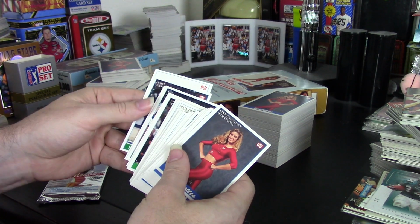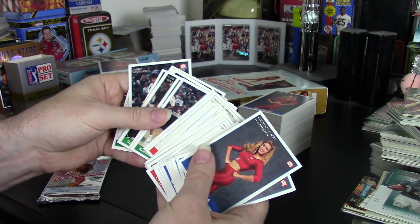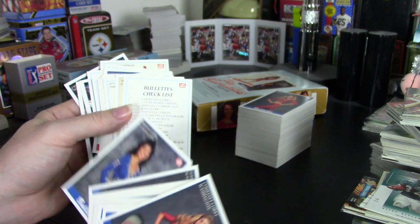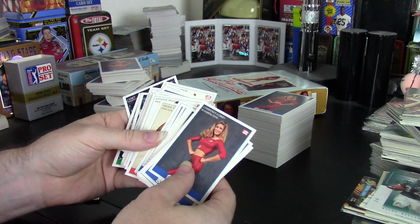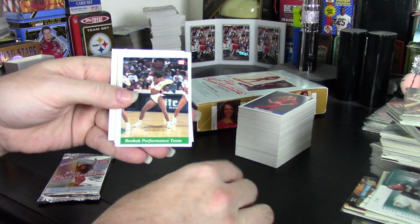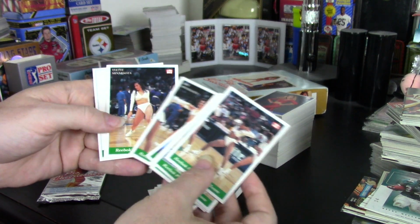There are cards 1 through 41, and then there are checklist cards for the Minnesota Reebok Performance Team, the Philadelphia Sixers Dream Team, and then they also have the Washington Bullets, which almost looks like they should be for the Chicago Bulls. But the set is comprised of the three teams, and the way that the photos were provided is very distinct between the three. So the Minnesota Reebok team, these are all in action shots,